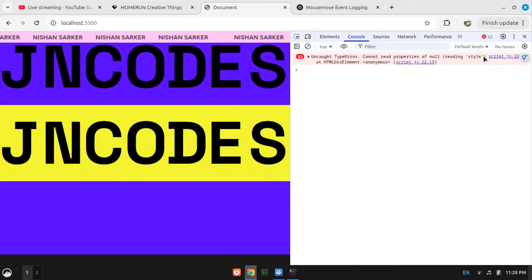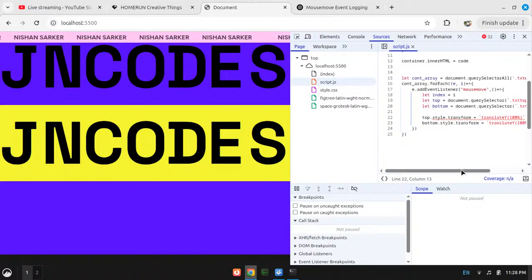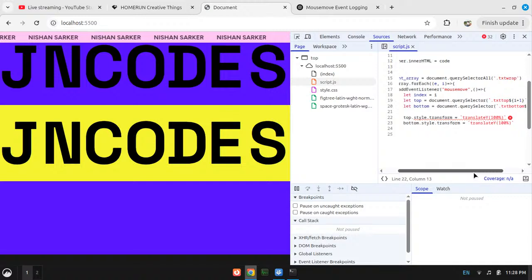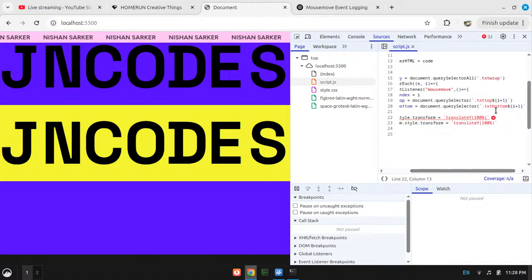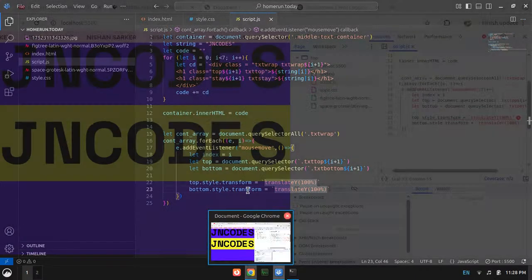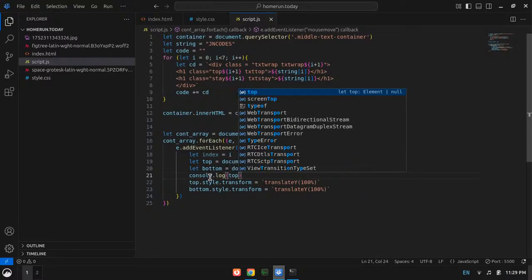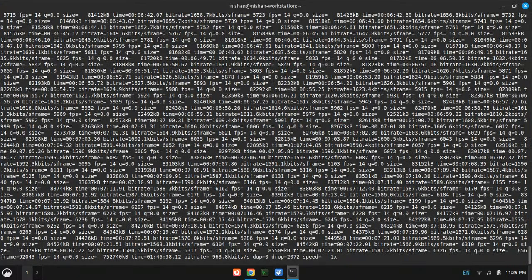Okay. 22 and 13. What is the null thing? I don't think that should be null. Why is that null? Okay, let me just console.log top and then bottom.